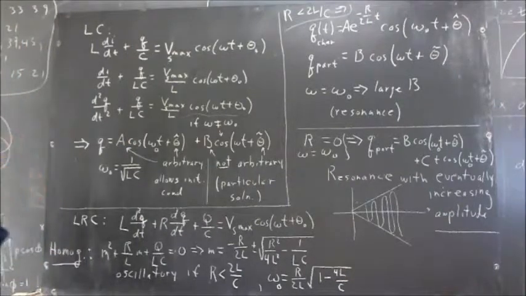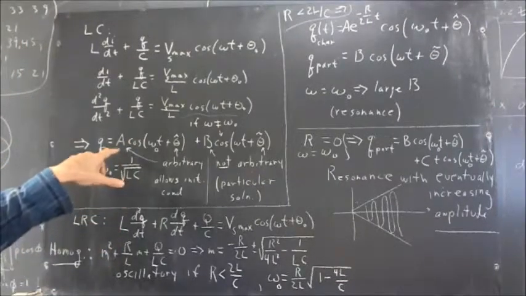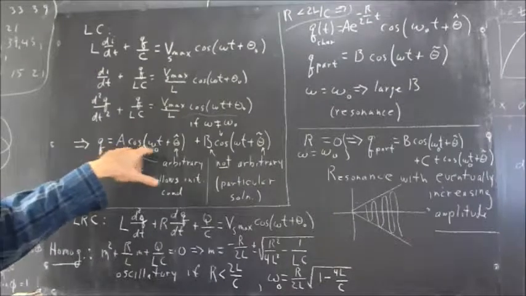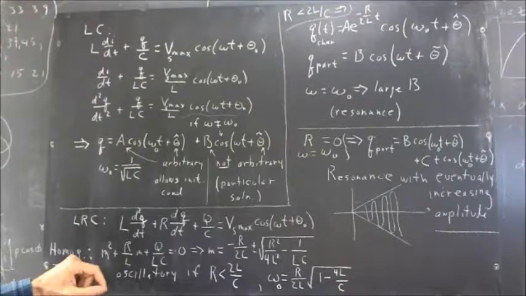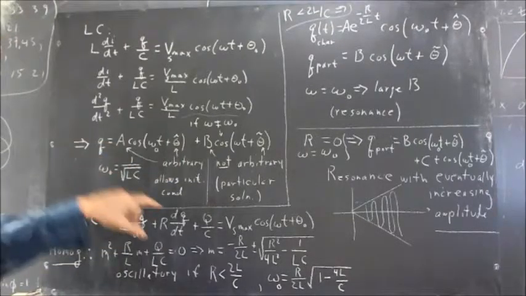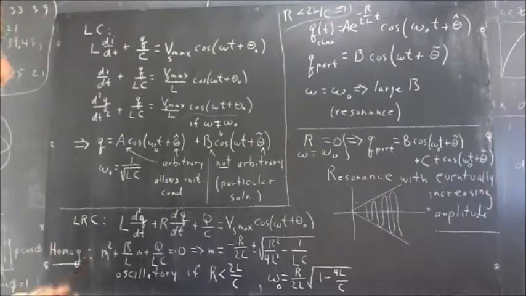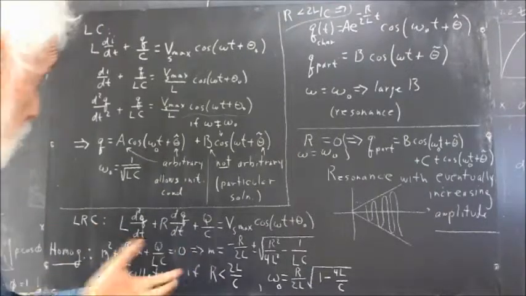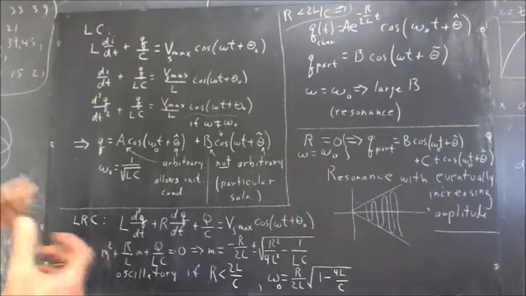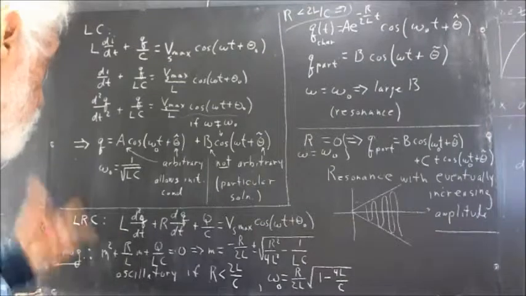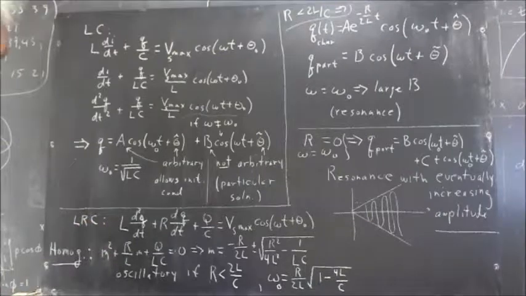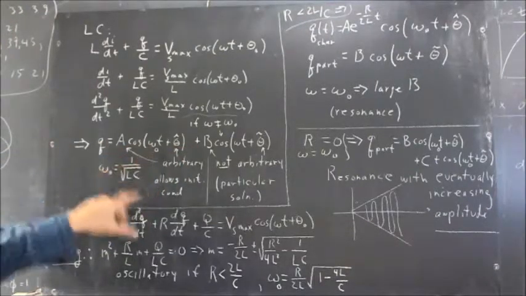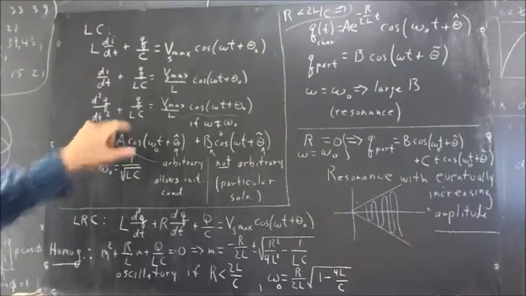We get our characteristic solution, which is A cosine of omega naught t plus some theta hat. Theta hat is arbitrary, and A is arbitrary, allowing us to satisfy initial conditions about whenever, for example, we start the circuit, maybe what the voltage on the capacitor is, or the charge on the capacitor at the initial instant. And we get this. Omega naught is 1 over the square root of LC,